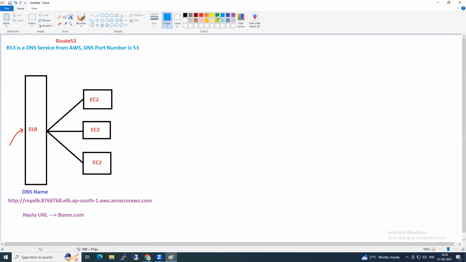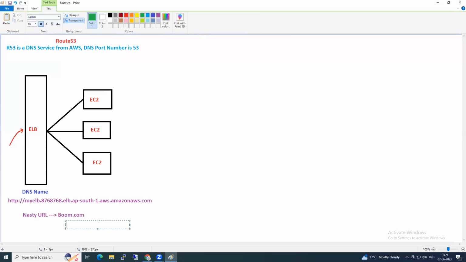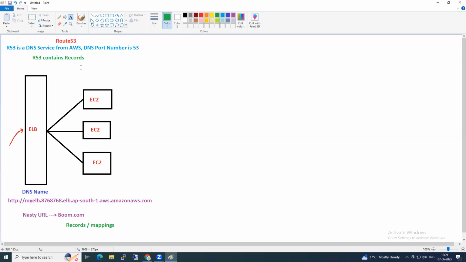So can I call the mapping of the nasty URL to boom.com a record or a mapping? Route 53 contains records. What are those records? Records are nothing but the mapping of the nasty URL and your friendly URL.